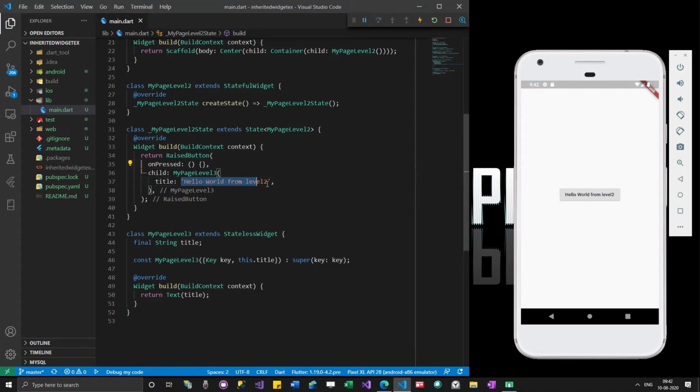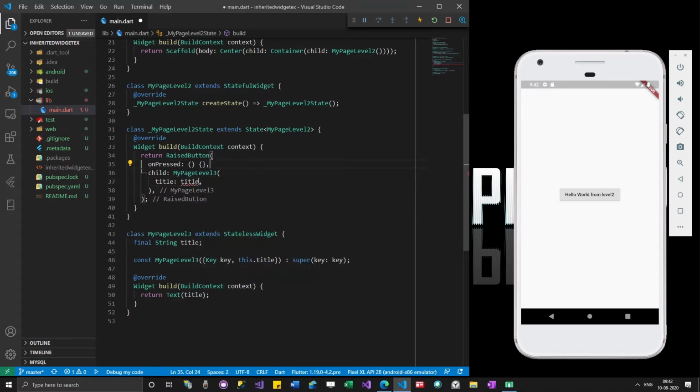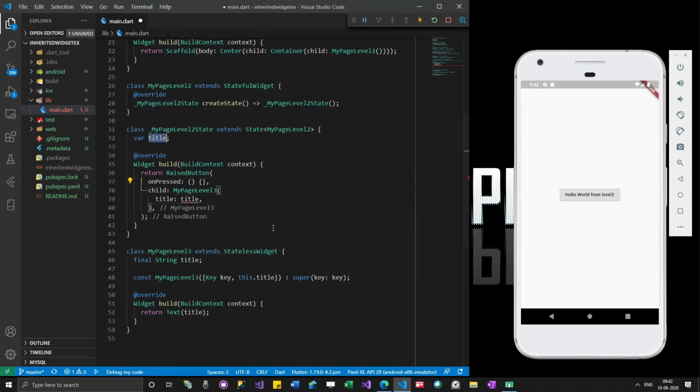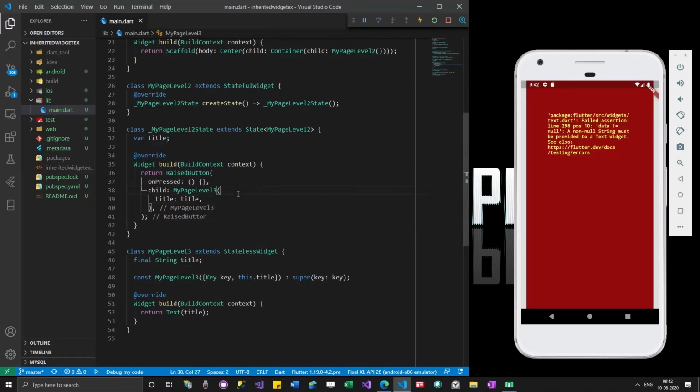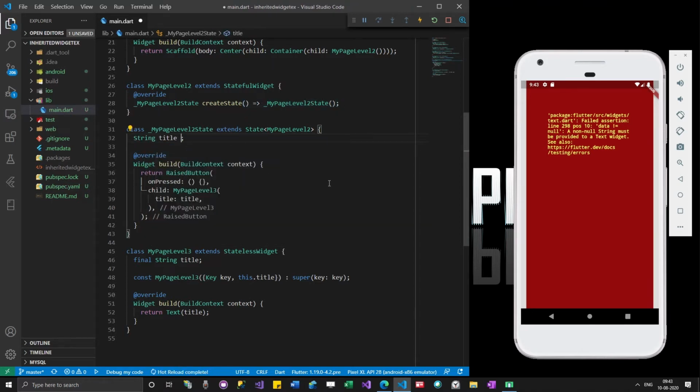Let me get this title not from here also. Let me move to the upper level. Now I just type title here, try to resolve it and add a field. Let me make it a string. Var is still fine. Then give a title over here.